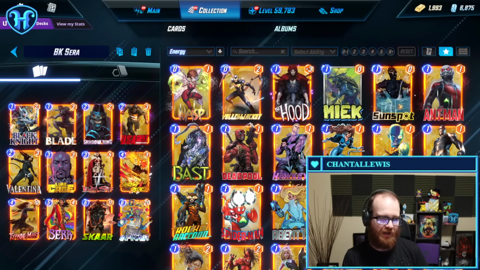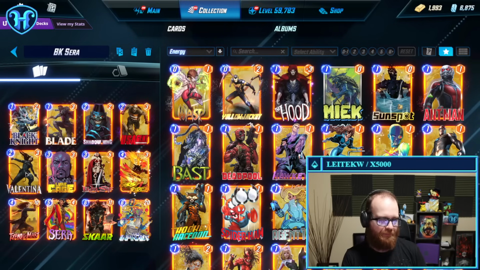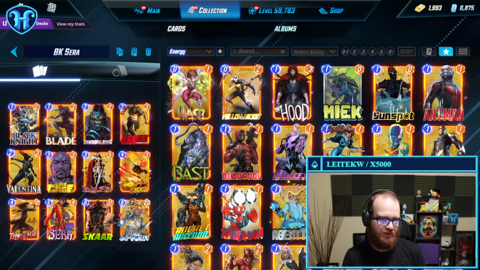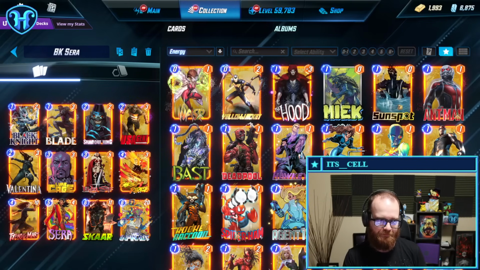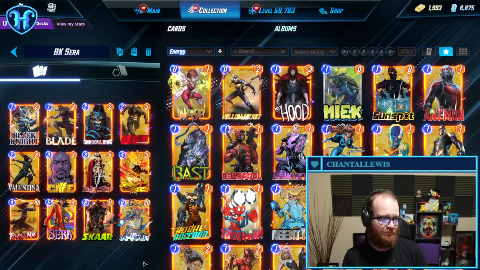In theory, you could maybe get away with replacing this one with another high power 4 drop, but Colleen Wing or Crossbones and Kingpin are probably the closest you could get. And those at least enable Scar, so